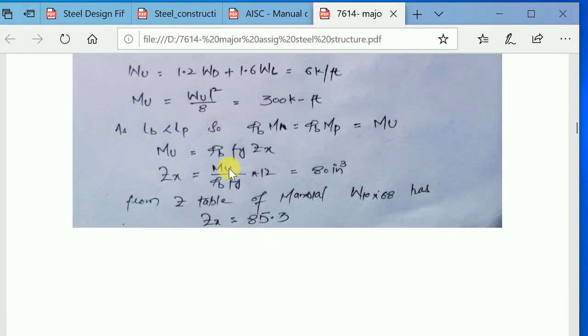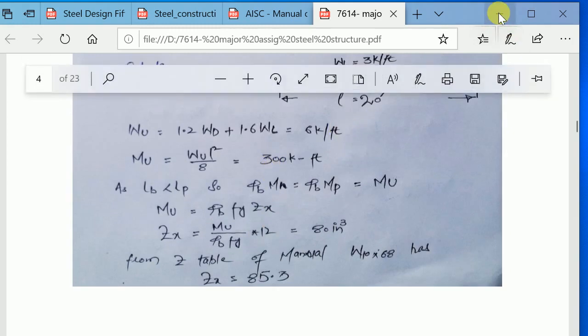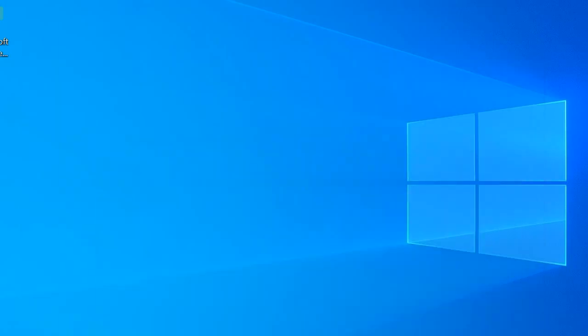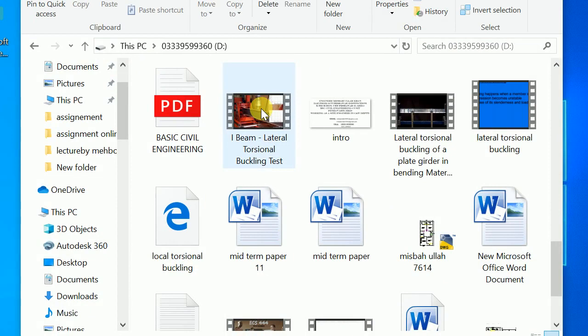Clear? So before starting this example, I want to show you some interesting videos, which are related to buckling, or you can say lateral torsional buckling, and you can say braced and unbraced length, okay? So let me show you. Let's say we will start this way. Clear? So here, students, you will see basically